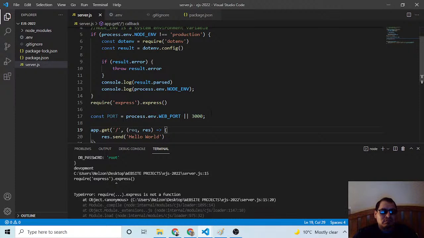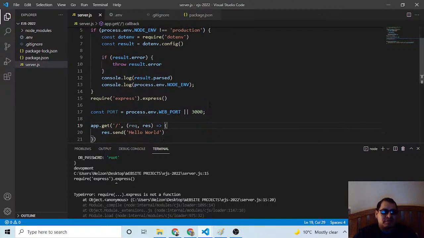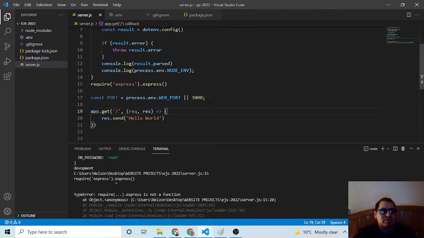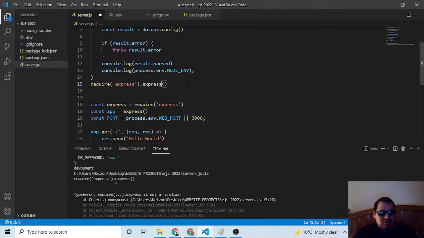Hmm. Oh, I know, I know, I know. I think I know. Because I'm using app here later. How am I going to use that? Anyways.